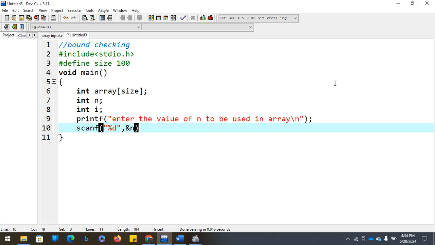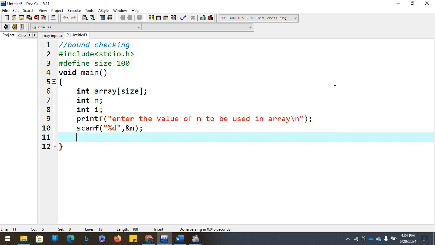Now this n cannot be less than 0, we know that, and it cannot be more than 100. So if n is less than 0 or n is greater than 100,